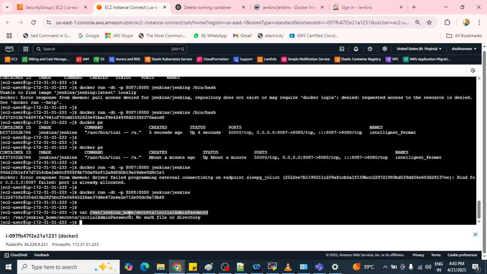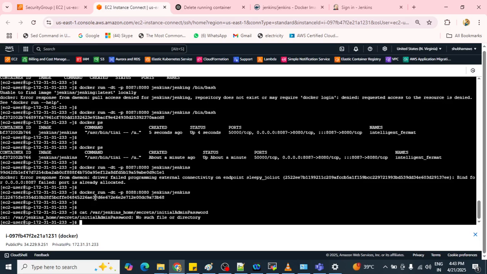So how are you going to interact with your running container? You need to run the docker exec command, then put the container, with hyphen it for interacting with the container. Now what is the container?